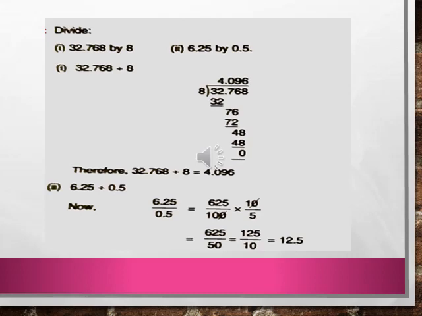Now see the second way of doing the division. So here 6.25 divided by 0.5. So what will we do? We will first write 6.25 in the form of a fractional number. Just now we have seen, no, in the previous session. 625 upon 100 multiplied by, now it is 0.5. So 0.5 we have to write in the denominator. So give the numerator 10 upon 5, because 0.5 is what? 5 upon 10. So that then goes to the numerator. We are taking the reciprocal. So here 10 and 100 get cancelled. So 625 upon 50. Simplify it.